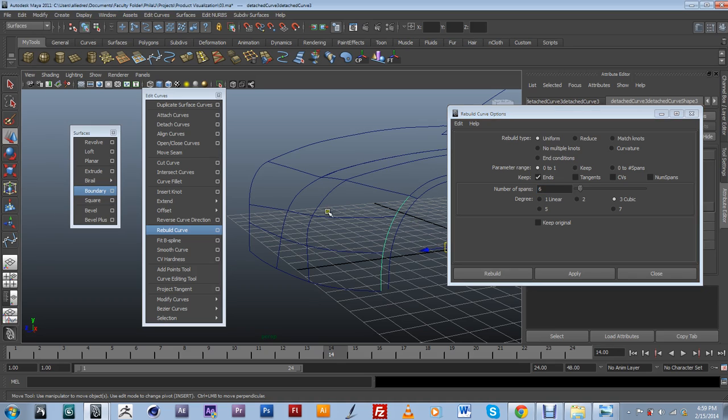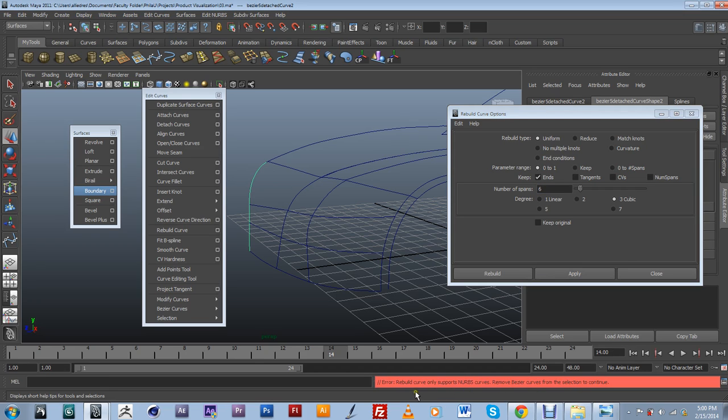So I want to do the same thing with these. The problem I'm going to face with these over here is that they were originally drawn as Bezier curves, which are not technically NURBS curves. For me to rebuild them, I'm going to select this one and try to apply it, and it's going to give me a warning saying that rebuild curve only supports NURBS curves, and to remove Bezier curves from the selection to continue. So since this was drawn as a Bezier, it's not going to be able to rebuild it. So in order to change that,